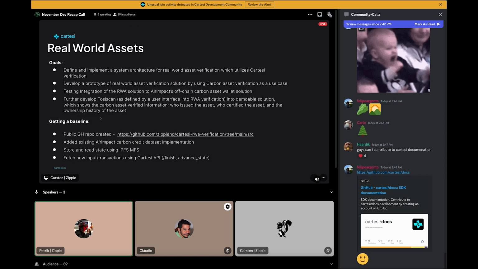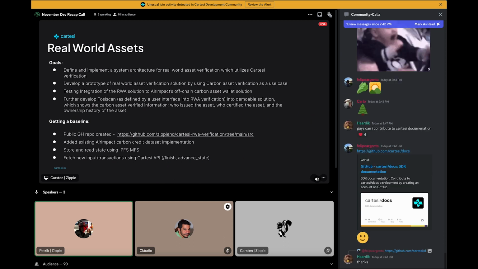Within this work with Cartesi, the goal is to define and implement a system architecture for real-world asset verification utilizing Cartesi verification. We'll build a prototype for this use case with the carbon credits, and also test integrating this into the Air Impact platform I was talking about before, and there's also a wallet solution.